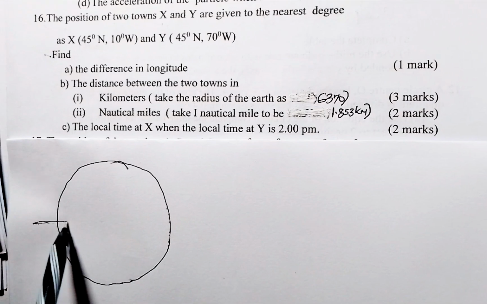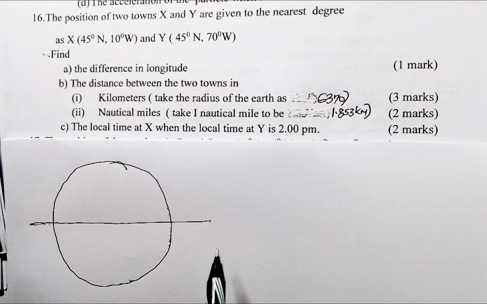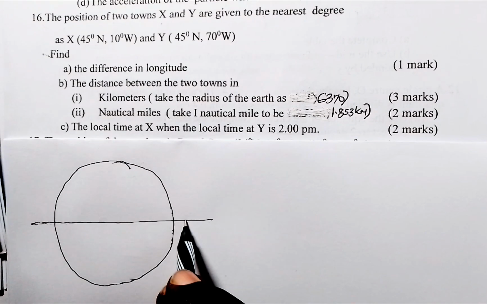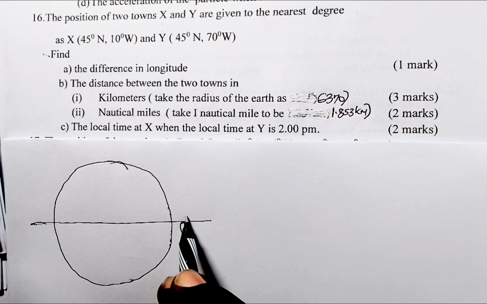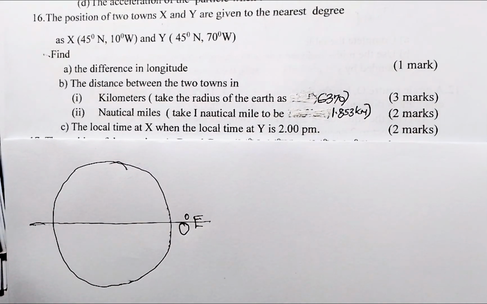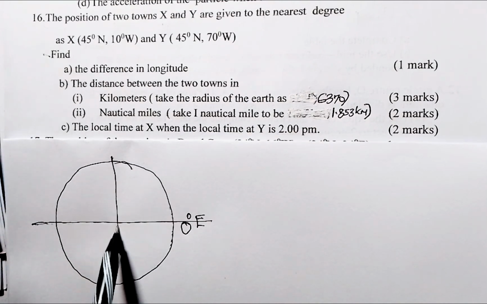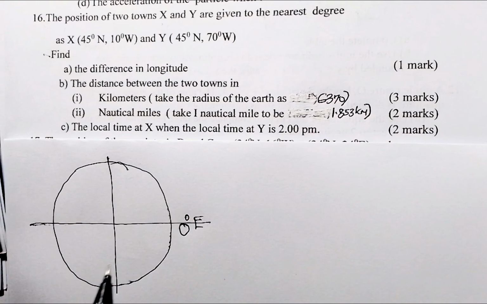That horizontal line I'll call my equator at 0 degrees. I'll draw a vertical line here to represent our Greenwich meridian at 0 degrees,